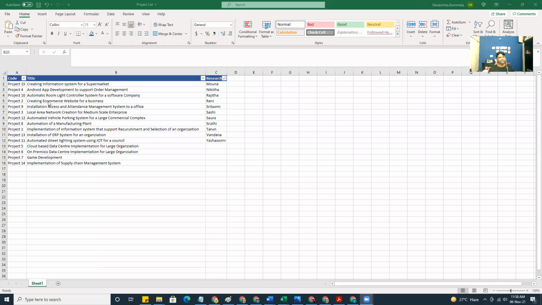The next project is Android app development to support order management. For example, there is an organization that caters orders, maybe take some restaurant. For that organization, we are going to create an Android application.